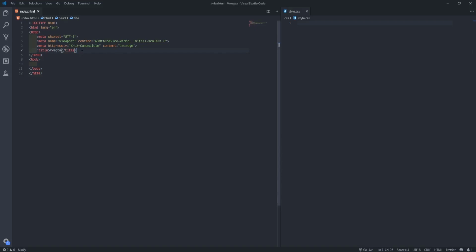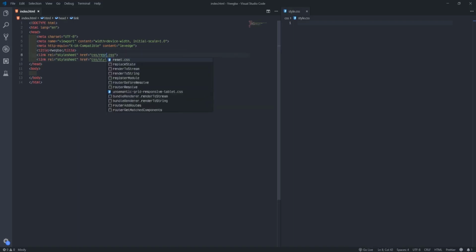I'll come here and add a link, then inside the link, CSS slash style.css. See, CSS style.css. Then I'll duplicate this one and come and reset the style sheets to reset the browser styles, all those default styles within the browser, so that I do my own from scratch.